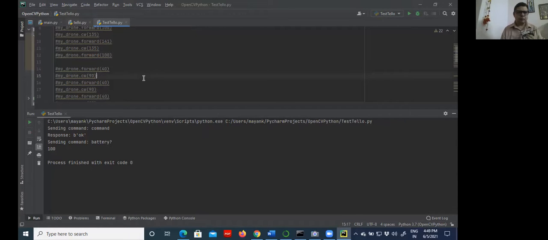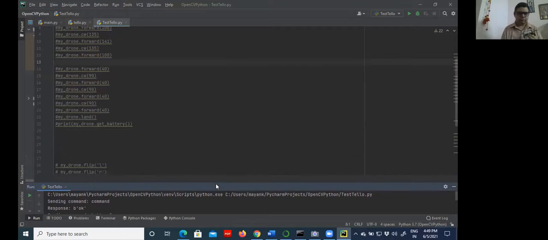This is the way we are already connected. Now we will check some other functions like takeoff and landing for this drone.